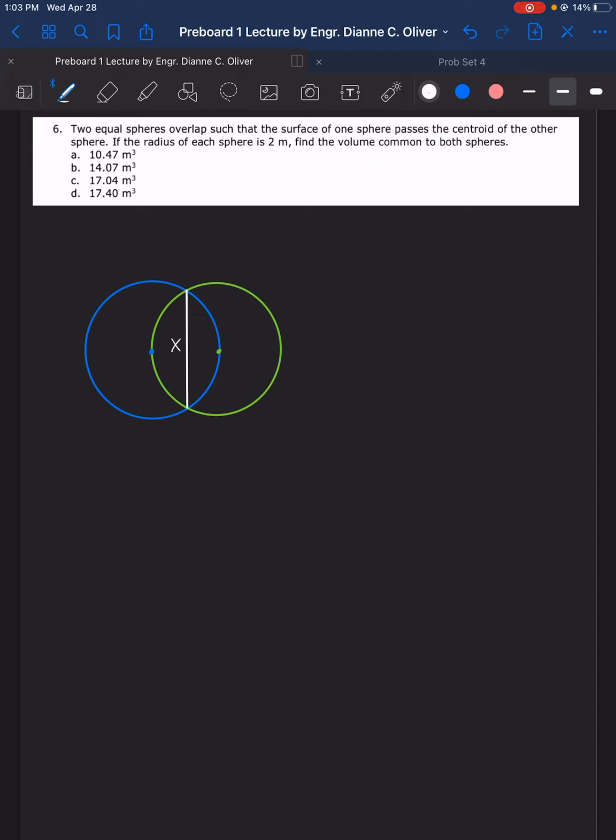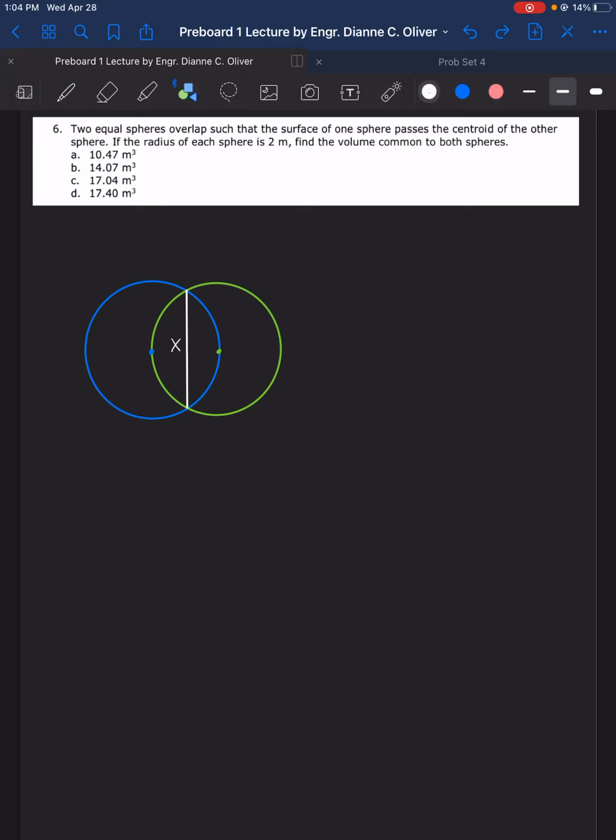Okay, so if we get the volume of this portion here, then times 2, that's it. You get the volume. I forgot what you call this portion here of the sphere. Okay, so if we draw that,